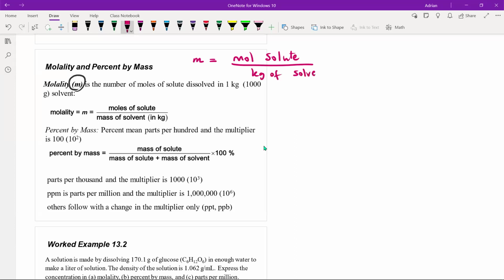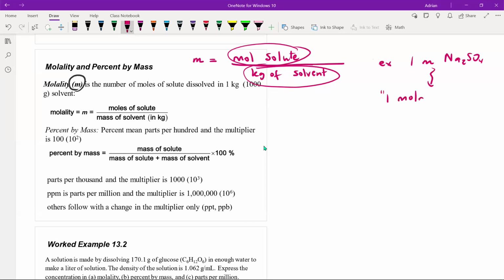So now we're comparing the solute to the solvent rather than the solute to the solution. All right. So if we have the moles of the solute and we have the mass of the solvent, we simply divide them, as long as they're in the right units, to get the molality. And say, for example, if you have something like a 1 m, 1 lowercase m, sodium sulfate, Na2SO4 solution. The way that we would read this, instead of molar, we say 1 molal,